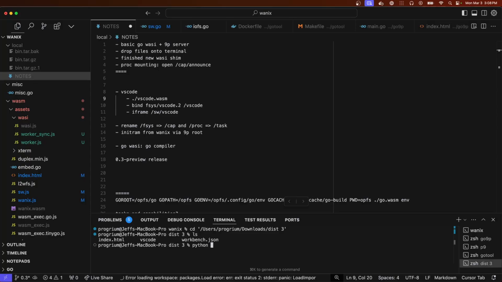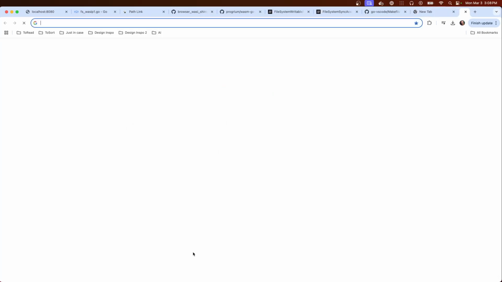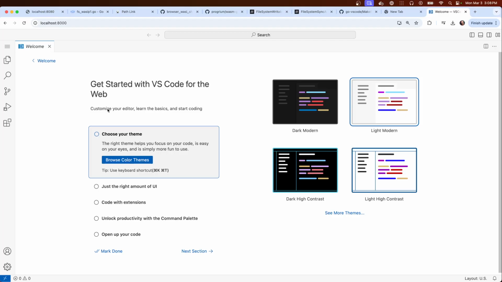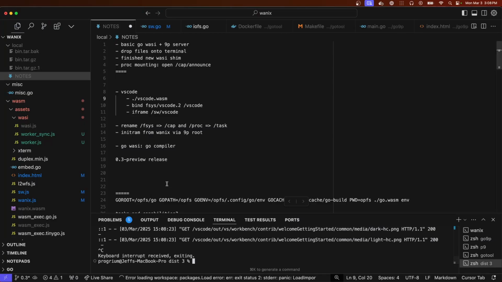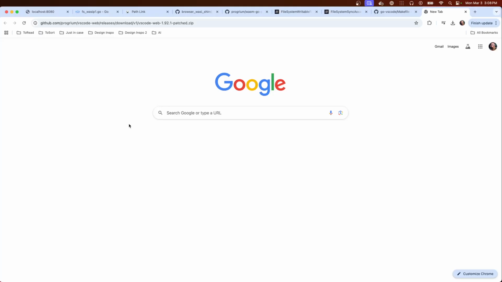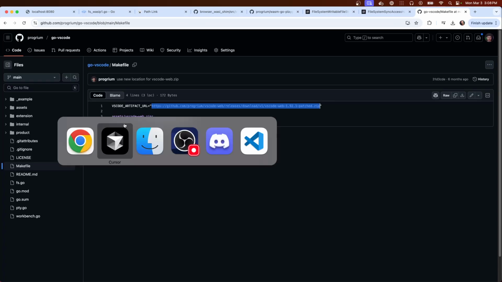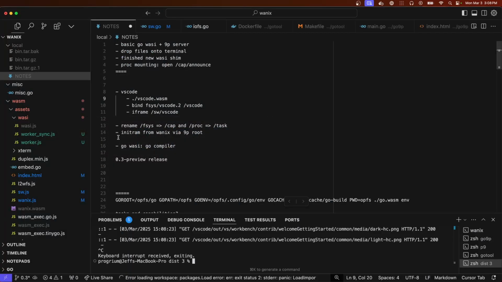But how? Python 3, something like that. Port 8000. Okay, so serve static files gets you VS Code. So let's embed those.